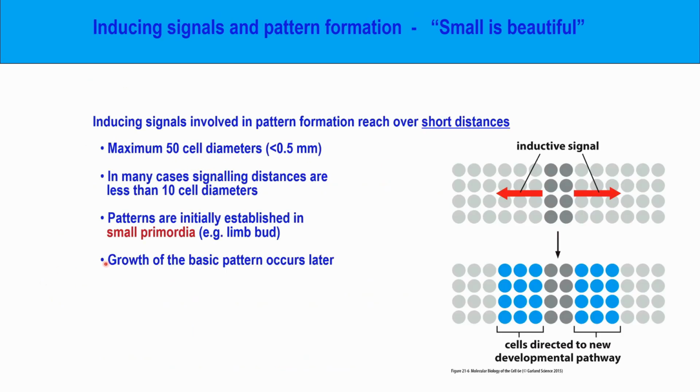Okay, so when it comes to these inductive signalings, they don't have to operate over large ranges because they're happening during development when the embryo is small, right? So typically, patterns established by inductive signals are established in small primordia of organs or limbs, or before it gets long and distant. The patterning happens at a very early stage, and then growth of that basic pattern happens afterwards. Okay,